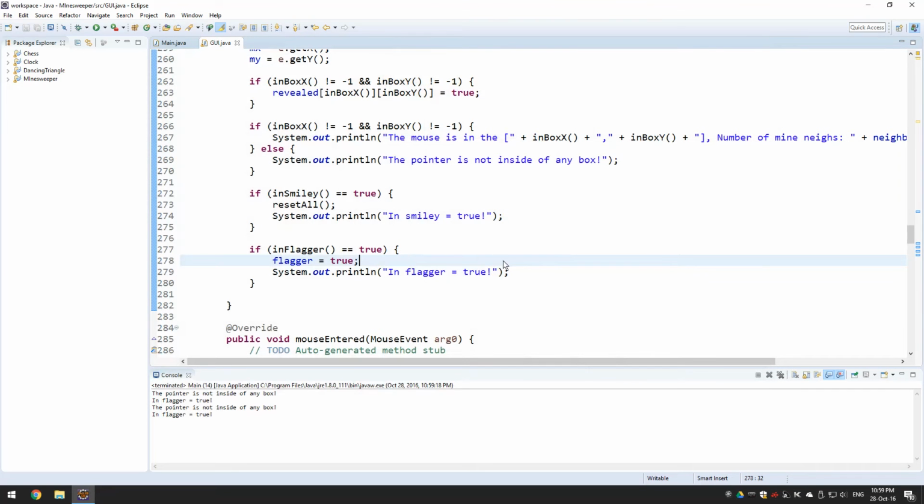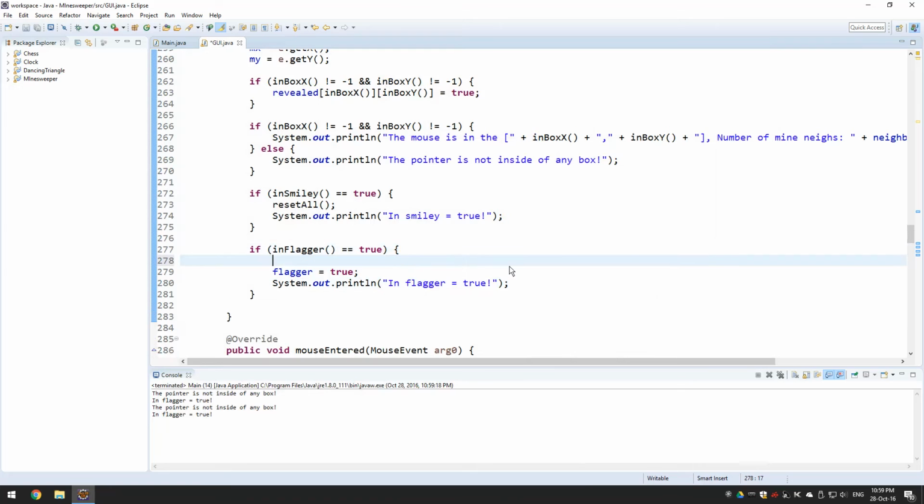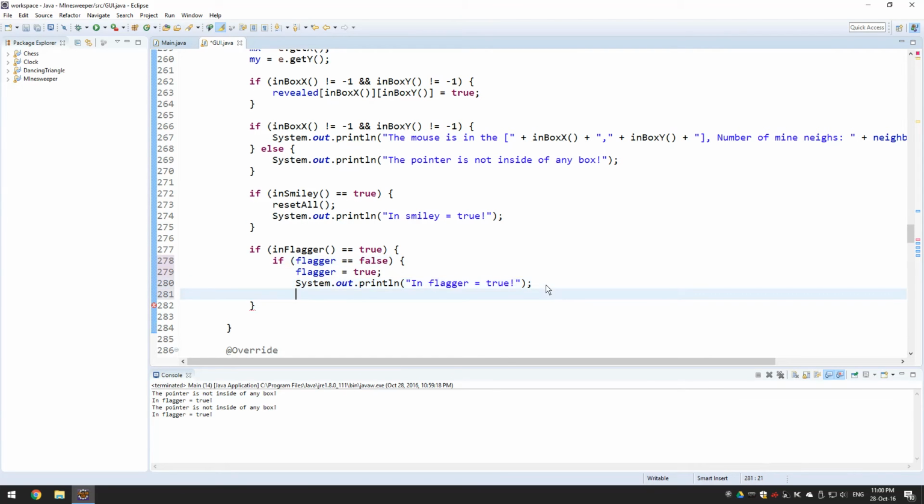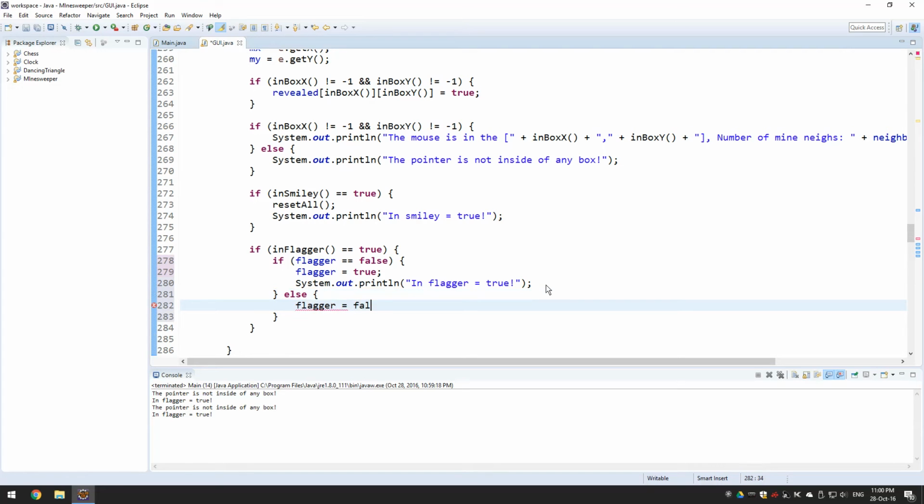So what we want to do now is say if flagger is false, then go ahead and do all this. Else, because our flagger can only be true or false, set our flagger equal to false,